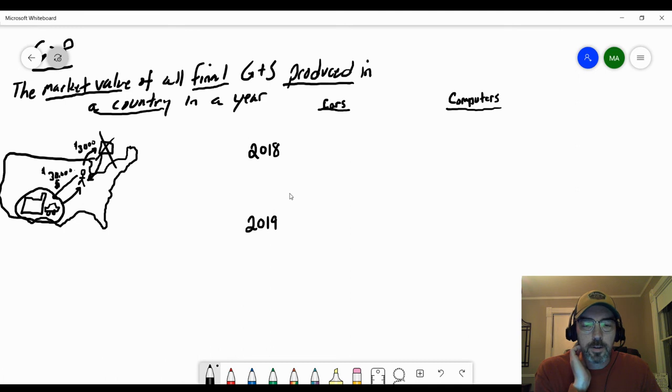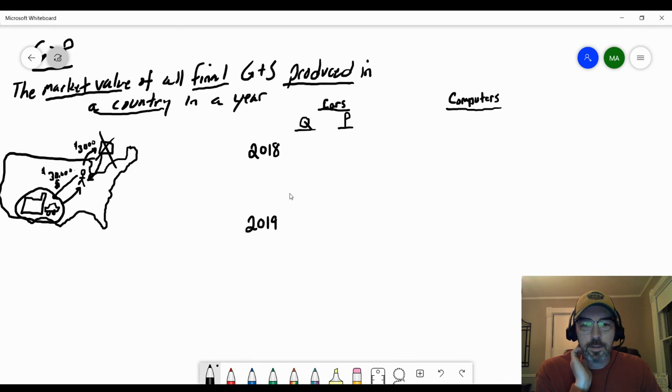And the way we really tabulate GDP is pretty simple. And this is a real oversimplification, so you're just getting the sense of how we do this. We're going to count up the quantity of cars. I'm going to label that Q for quantity, the total number of cars that are produced in the country. And then we're going to measure what is the price of a car. Now, I know you're saying, well, there's a lot of different prices of cars. And again, that's an oversimplification. In reality, we'd have to look at all the different varieties of cars, and we'd probably have hundreds of different types of cars being represented here. But this is just a simplification.